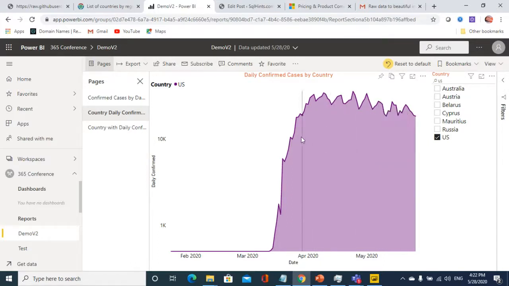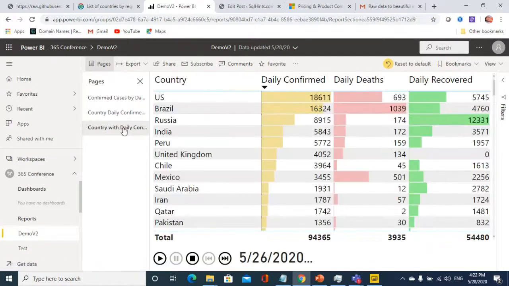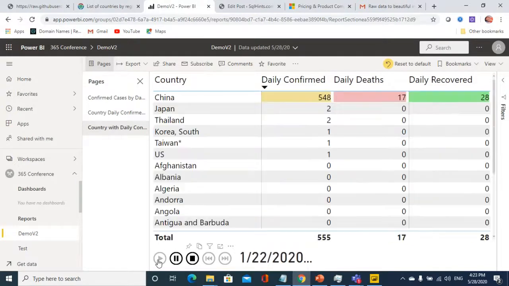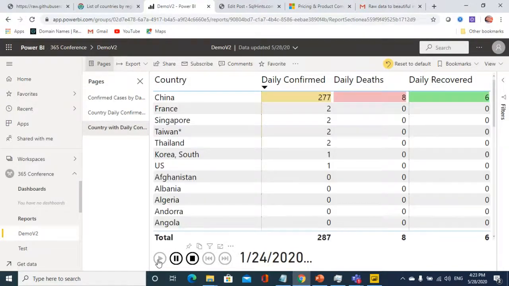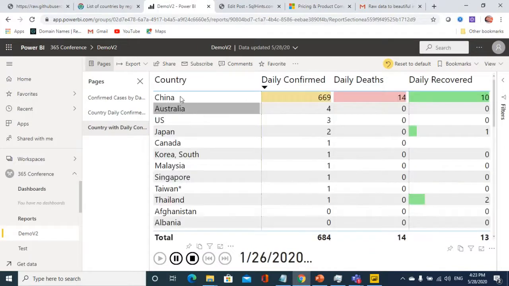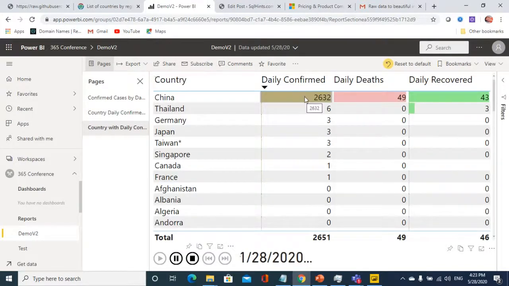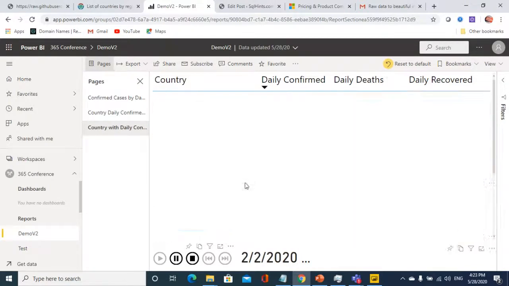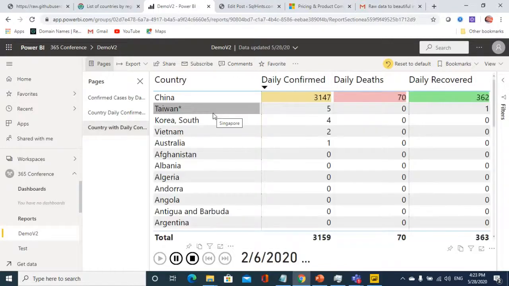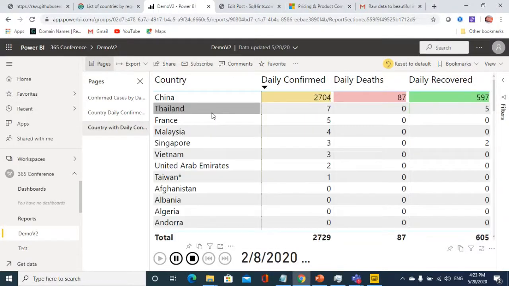Okay. And I have created some animation report here. For example, daily confirmed cases, I'm sorting by that and the country. Initially this is a timer, like a y-axis control. See here, initially China was the one country which was reporting the confirmed cases. Till mid-February, China was the country with the highest number of confirmed cases. Keep on seeing.